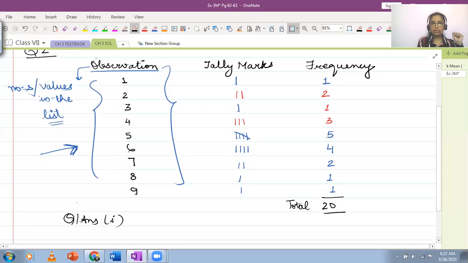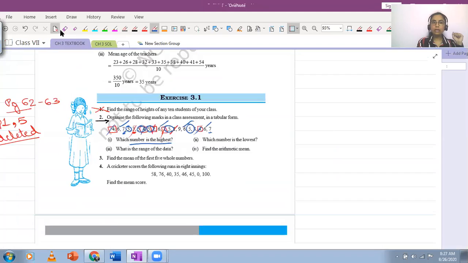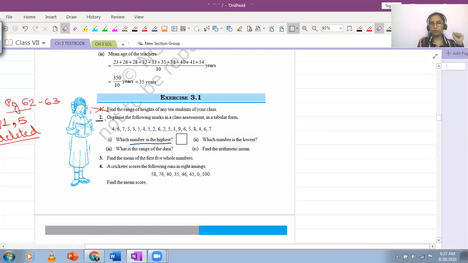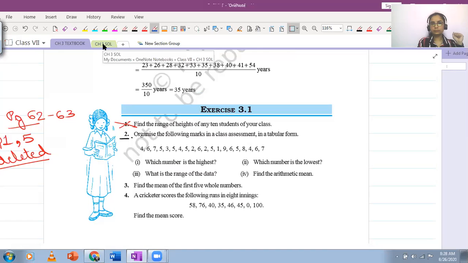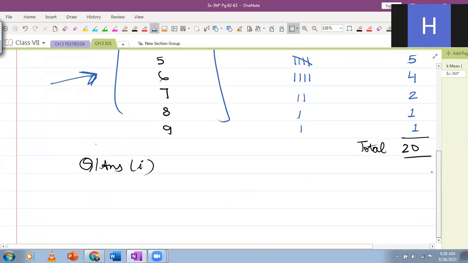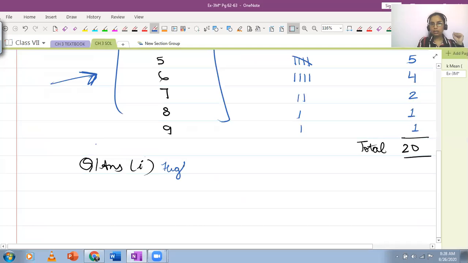The first one says pick the highest value. And when you're looking at the value, values are listed here under observations. So in this list, either from here or you can look from here. यहाँ वाली book वाली list में से ढूंढ लो which number is the highest. Out of this list, which number is the highest? 9. So you can write down highest value is 9.